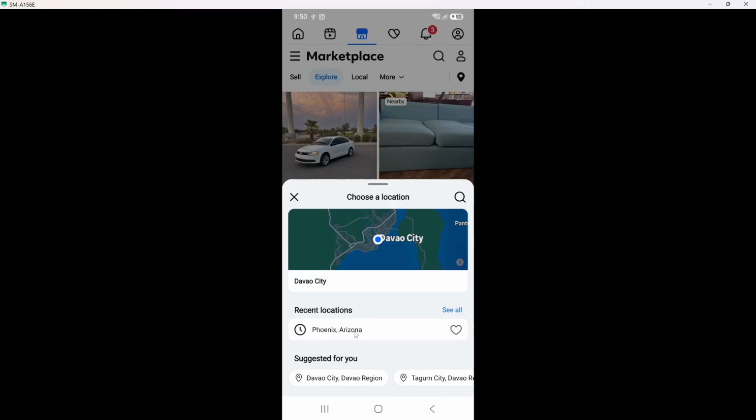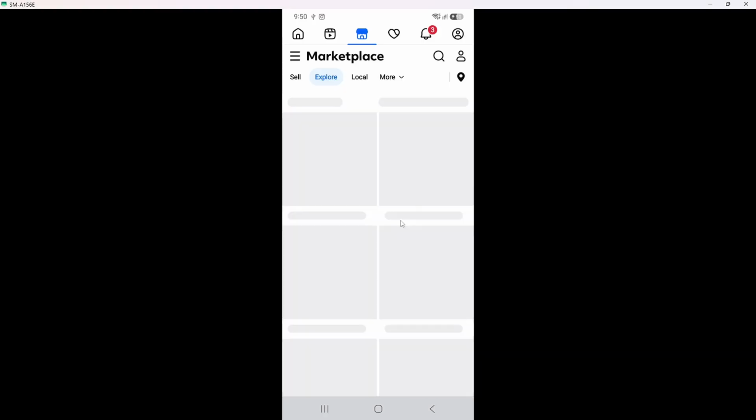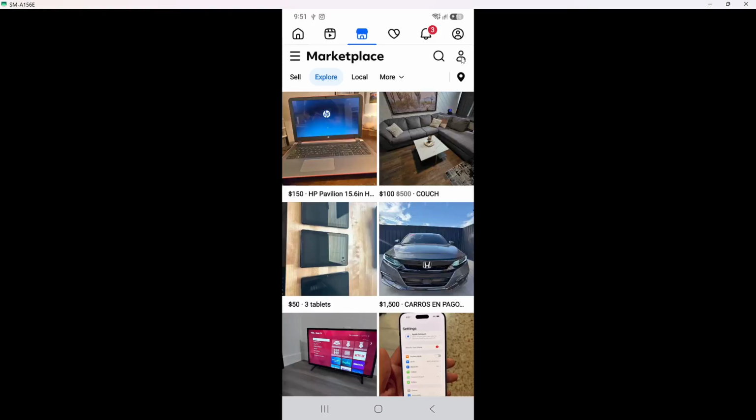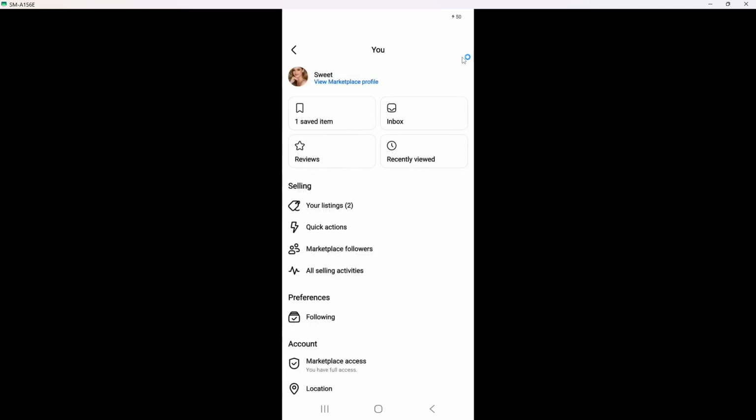On the Marketplace screen, look for your profile picture or a small person icon, often near the top. Tap that profile or selling area once, and the screen will switch from browsing items to managing your own activity. This is where Facebook groups all of your listings, so you do not have to search through the feed.